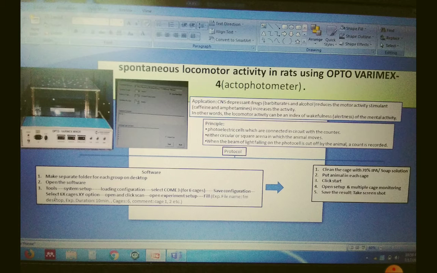Then save these configurations, then select the 6 cages option, that is the XY option, and then open, and click on scan. It will scan all the cages, 6 cages. Then open experiment setup and fill in the information, which is what is displayed in the second figure.